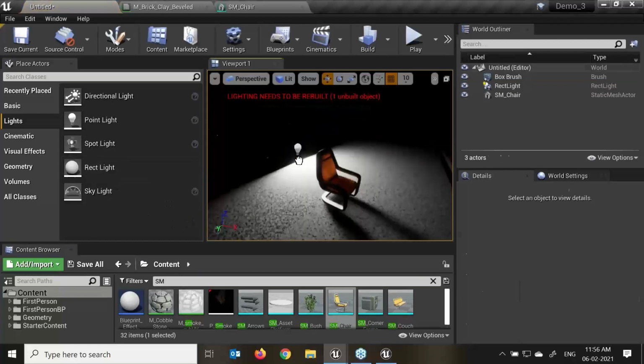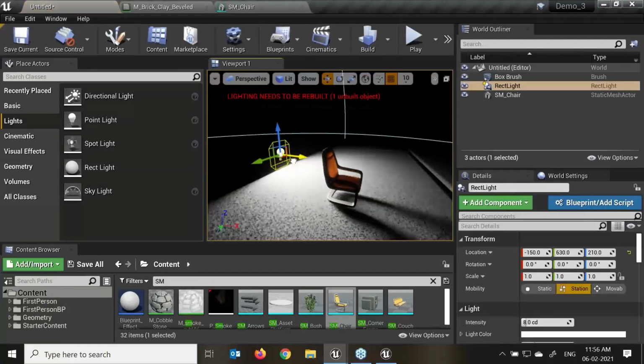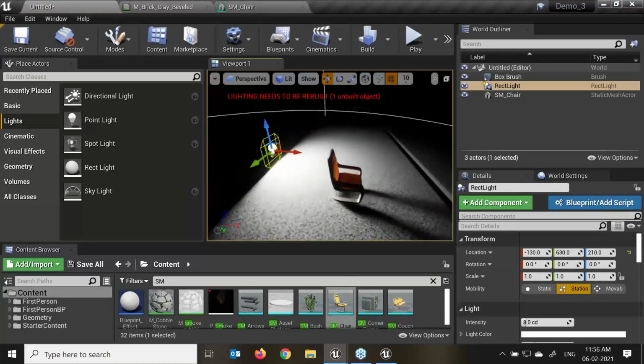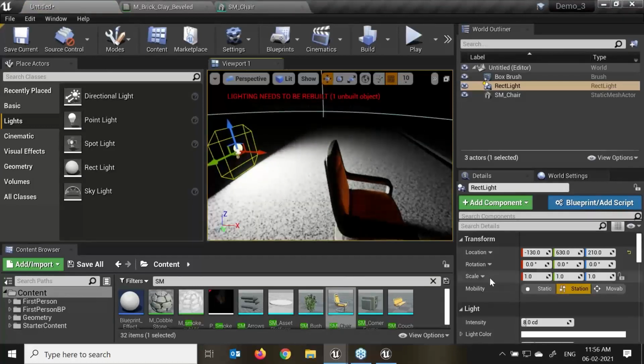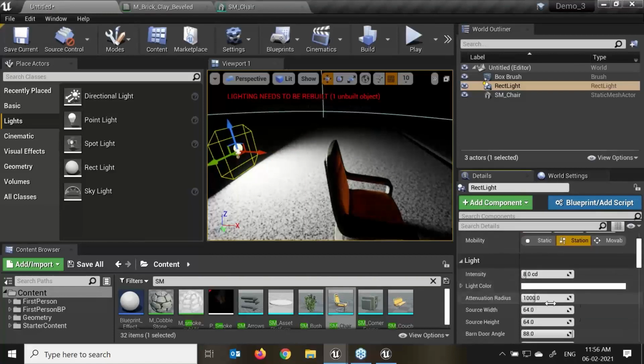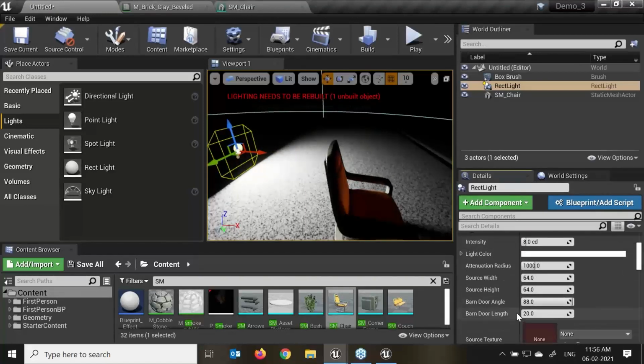We have this rectangle light here. We can see this light is emitting over here. This rectangle light has a spherical attenuation radius. I'll select and go down over here, right? Barn door angle, if I select and move here, you can see, normally when we are looking at any films, they are emitting a big amount of light, area lights, in their scene. This is the same kind of effect that we are getting over here.